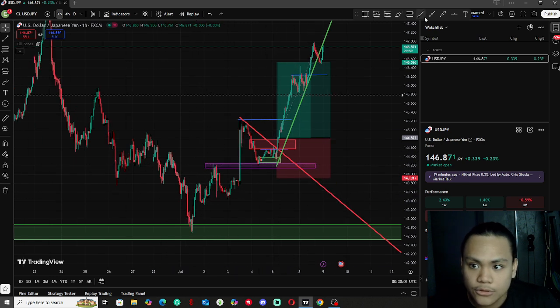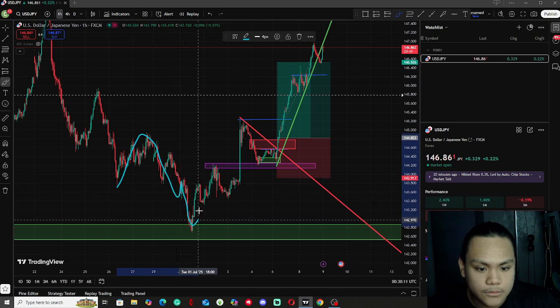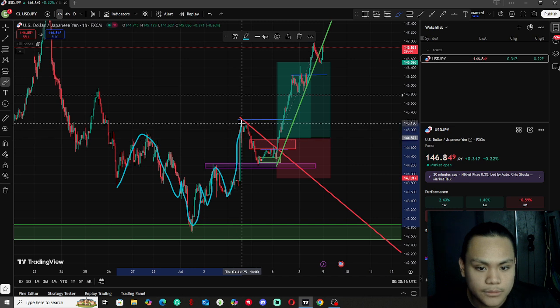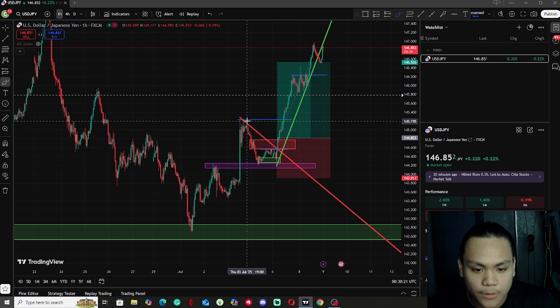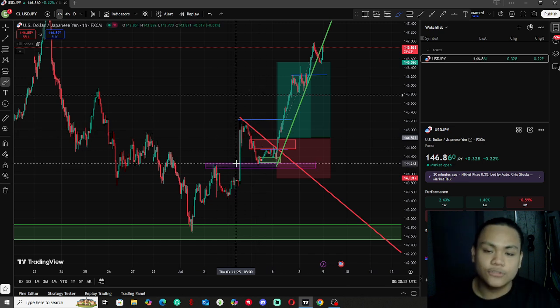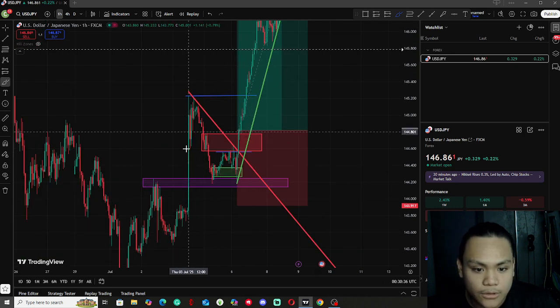If you see here, there's a head and shoulders, reverse head and shoulders. I'll show you. Hold on. See, look. See that? It's a reverse head and shoulders. Now it went up. Reverse head and shoulders, right? Then it went up. It broke this resistance, and the resistance over here turned to support. So it went up, retested this resistance that turned to support, gave me a signal that it's gonna go up,